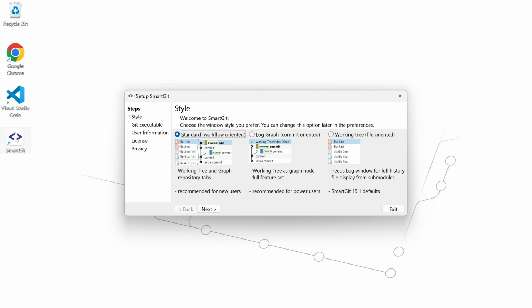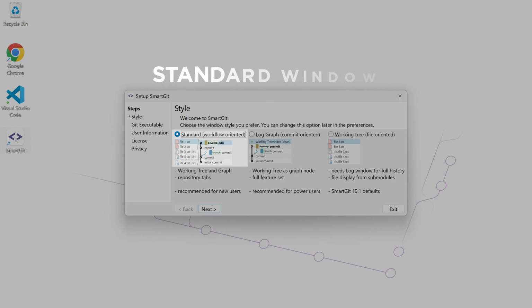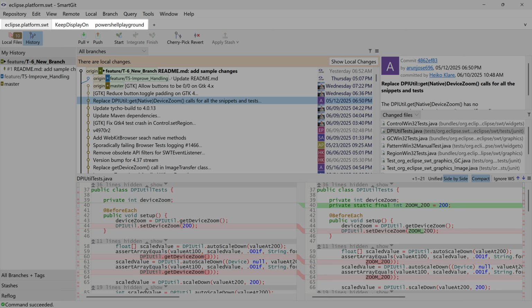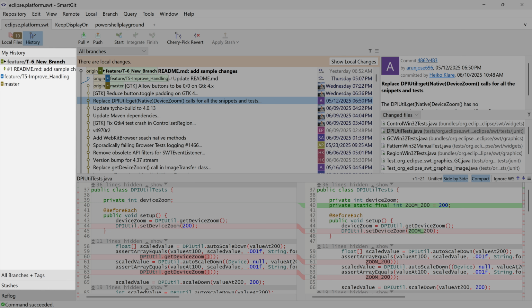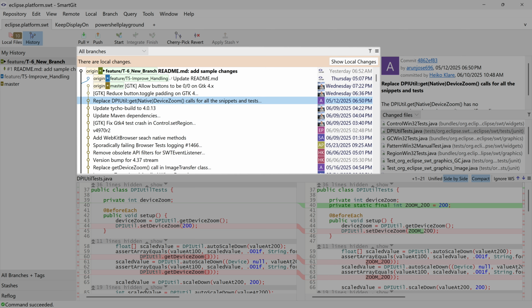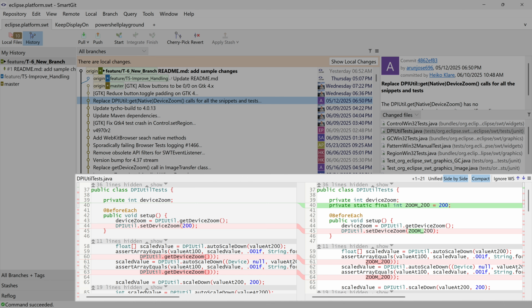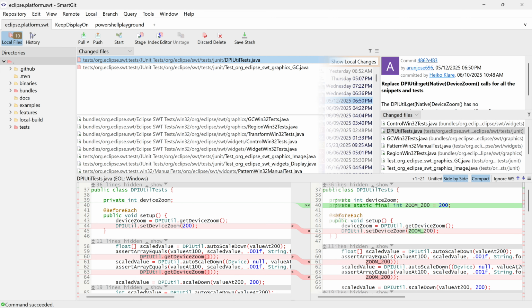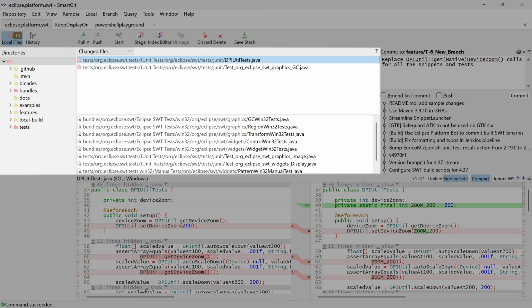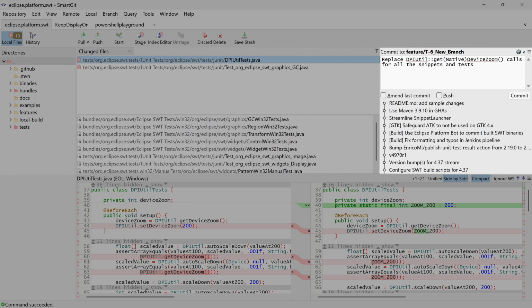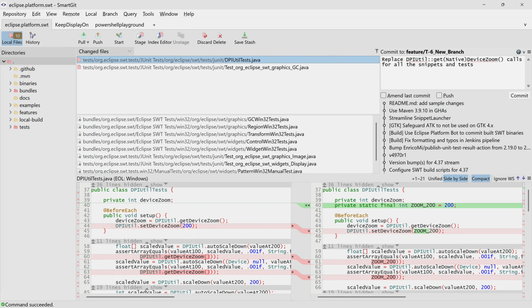SmartGit is basically 3 clients from which you can choose. The standard window offers a best practice interface, ideal for users who are not yet deeply familiar with Git. Repositories are managed via tabs. The history mode shows the repository state, including branches, tags, and stashes, with corresponding commits visualized in the graph. The right area displays commit contents, including a file-level diff at the bottom. A dedicated local files mode supports working tree operations. Commit messages are composed in the right area.